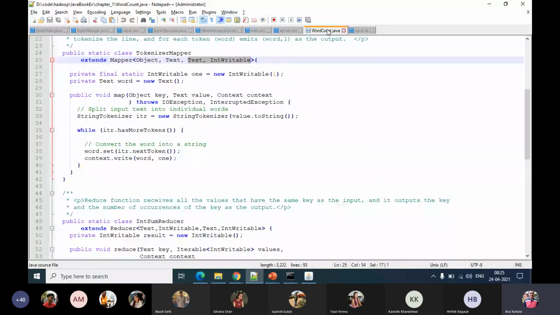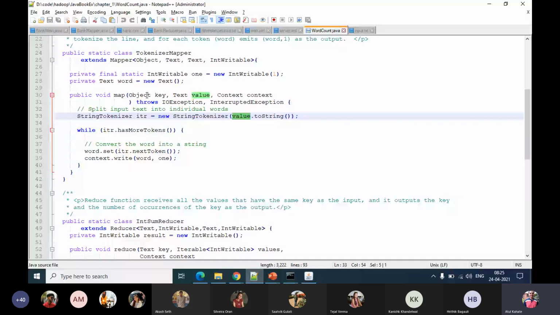The mapper class will receive the input as this particular value, which is nothing but this text, coming as the value here. The object key is unknown at this moment. This is what we have to generate.